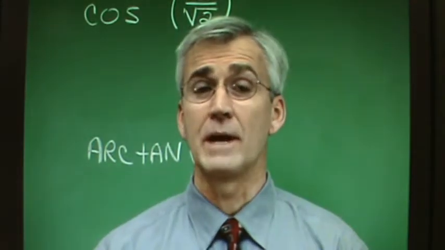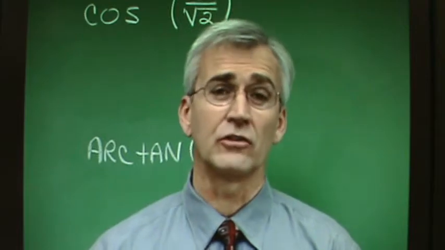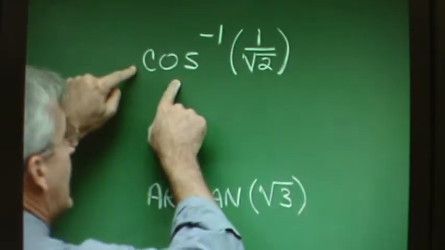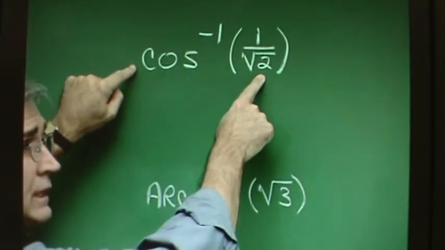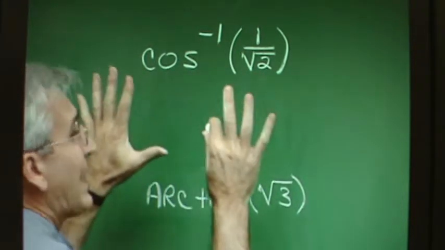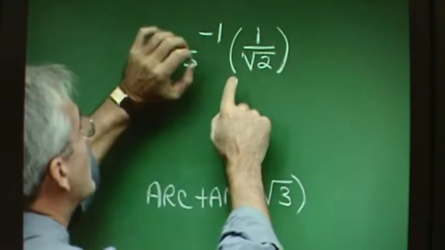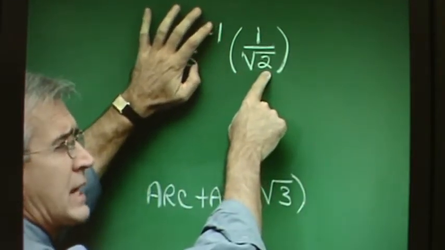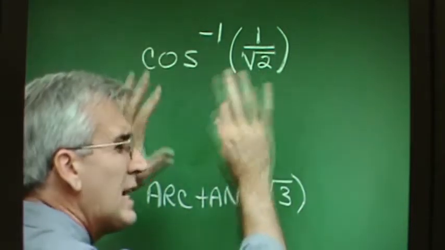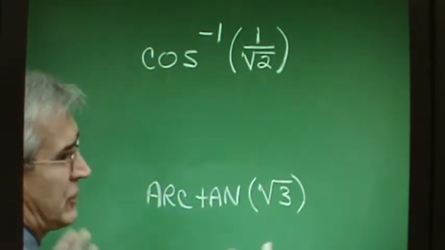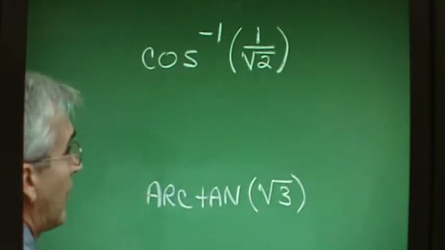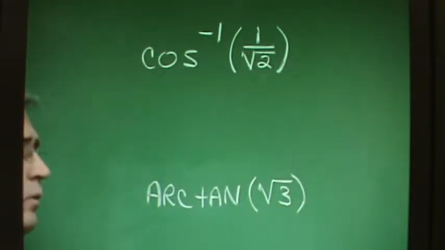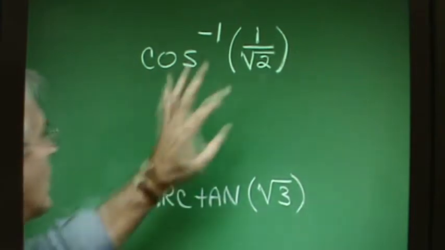Now that we have information about inverse trigonometric functions, let's work some problems. This problem says the inverse cosine of 1 over the square root of 2. And let's understand that this is a request for the angle whose cosine is 1 over the square root of 2. And let's see, is this a cosine value? Yes, it's vaguely familiar. Let's just say we're not using the calculator here, otherwise we could just punch this in and make the calculation. So we want to do it by hand,